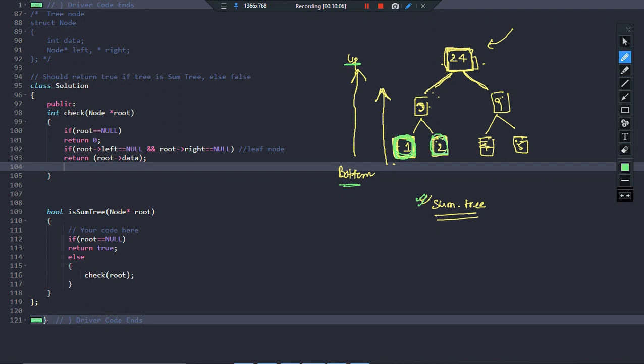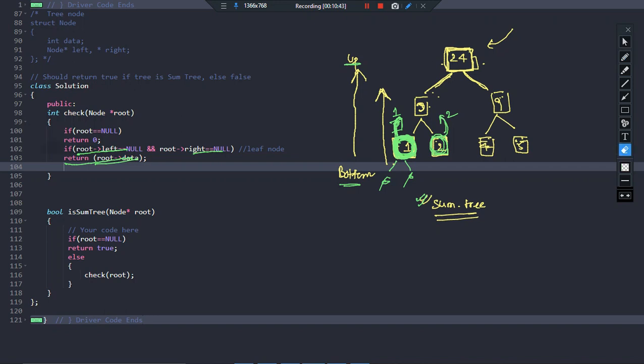Okay, when I am in a leaf node, I will find that the left value is null and the right value is null. So whenever you are standing on a leaf node, what should you return? You should return nothing but the data in the leaf node itself, right? So what should this return? This should return 1. What should this return? This should return 2, isn't it? That is why I wrote this line which says that whenever you are on the leaf node, when you find that the left child is null and the right child is null, that means it is a leaf node. So you will return root data, that means the value of the leaf node itself. That is what is happening. 1 and 2 I am returning, isn't it?